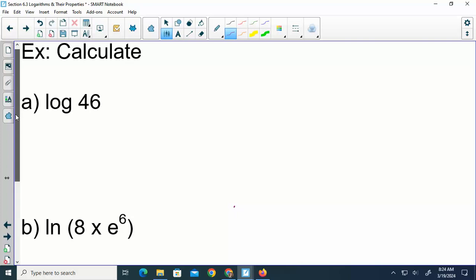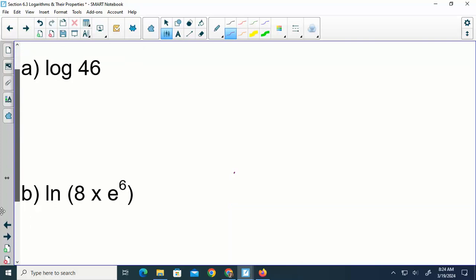Second thing I wanted to mention, the buttons on our calculators. For now, you're only allowed to use the log and the ln button. Okay? We're not going into our menu and getting any different bases yet. That log button is log base 10. The ln is a log base e. If I ask you to evaluate, it's pretty simple. You just push that button, type in my 46. So the log of 46 is